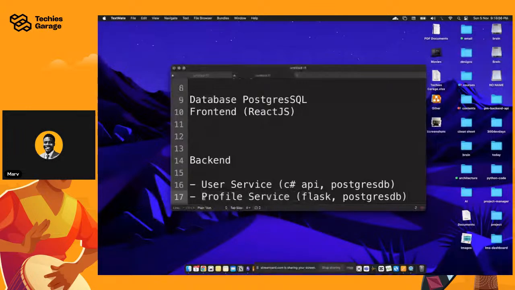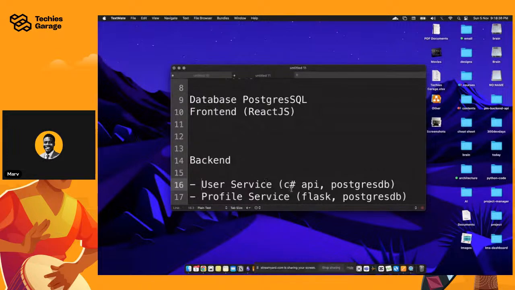So you're isolating it. So basically, the user service will not directly point into the profile service to pick any file or to pick a function or something. It is separated. It is deployed separately. And if you want to communicate to the profile service, you probably want to go the route of event-driven architecture, or you just want to call over REST, maybe a REST call or something, right?